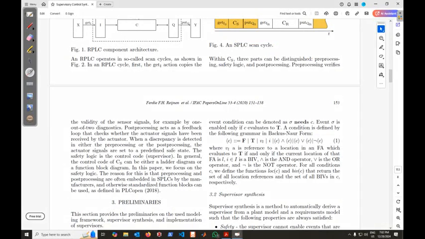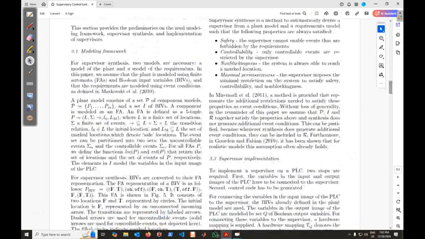I believe this is enough for the safety PLC. Now we can have a look at the preliminaries. First of all, he is